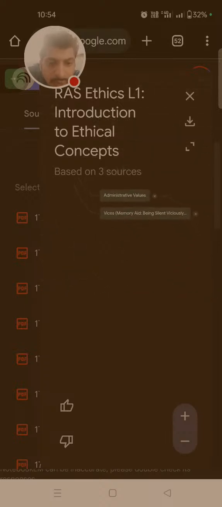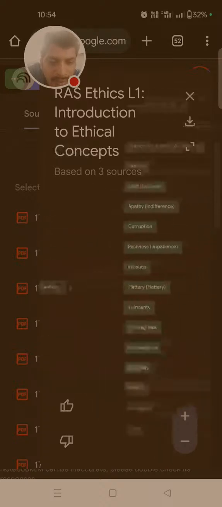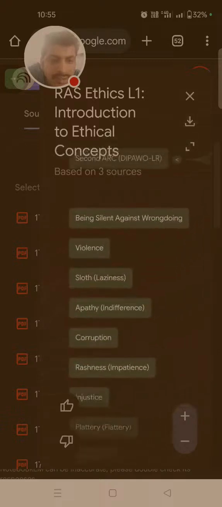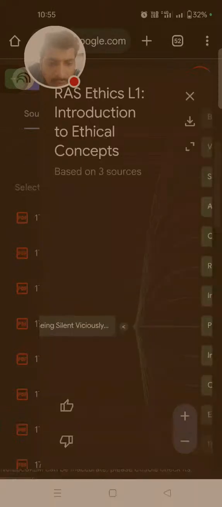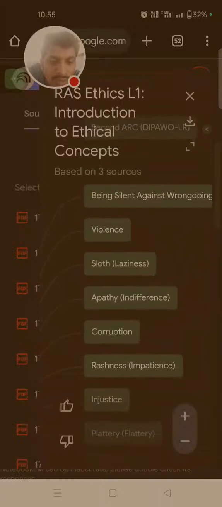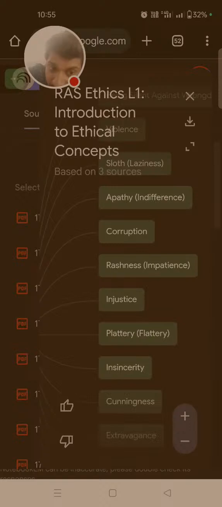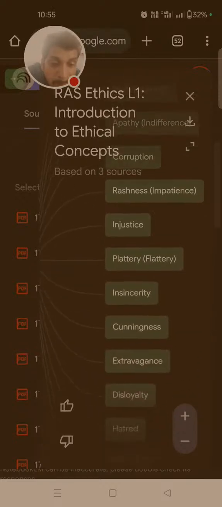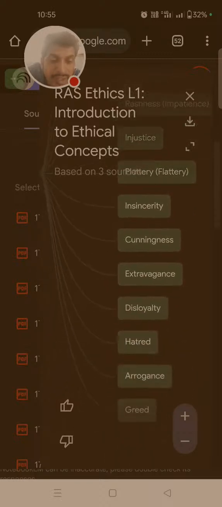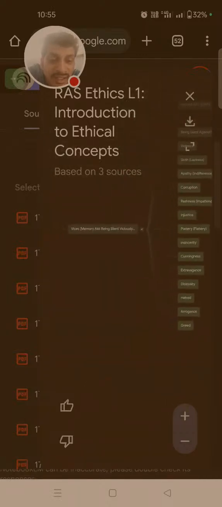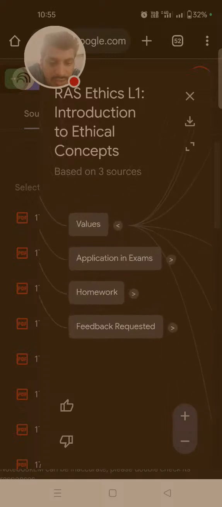Okay. Then comes vice. Vice means being silent against wrongdoing, violence. What are the vices? Violence, sloth, laziness, apathy, indifference, corruption, rashness, impatience, injustice, flattery, insanity, cunningness, extravagance, disloyalty, hatred, arrogance, and greed. These are the bad values. So what is the